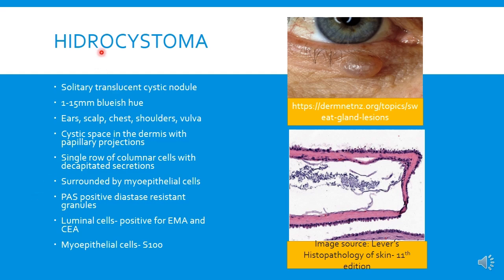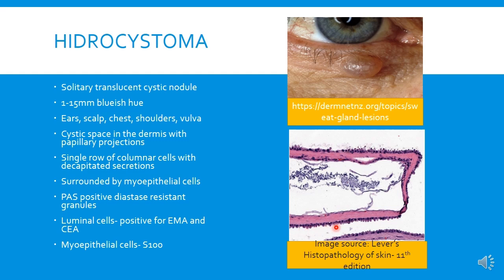Hidrocystoma, as the name suggests, is a benign tumor which is essentially cystic, and it presents as a solitary translucent cystic nodule. Grossly, it appears to have a bluish hue. It is more common close to the eyelids, and other sites where it can present are the ears, scalp, chest, shoulders, and vulva. So histopathologically, there is a cystic space in the dermis with papillary projection, and if you look closer, there